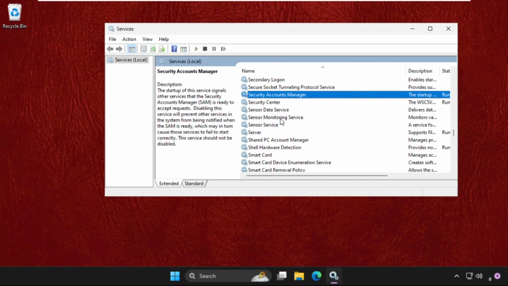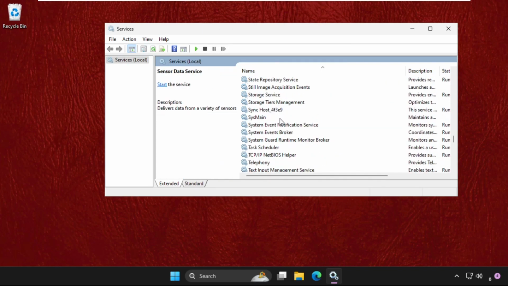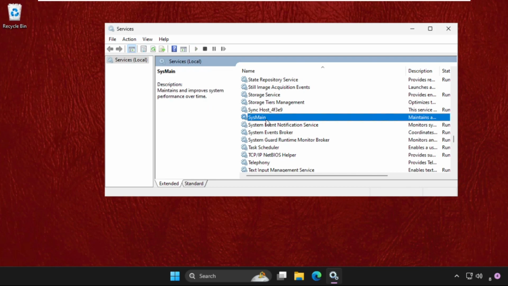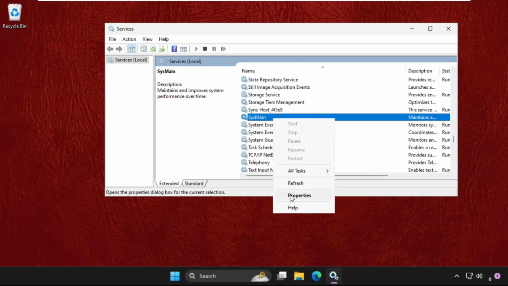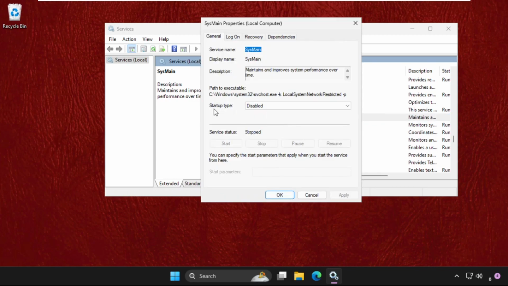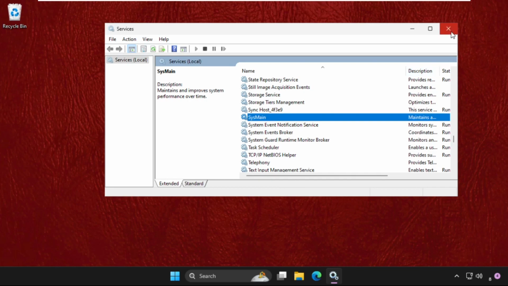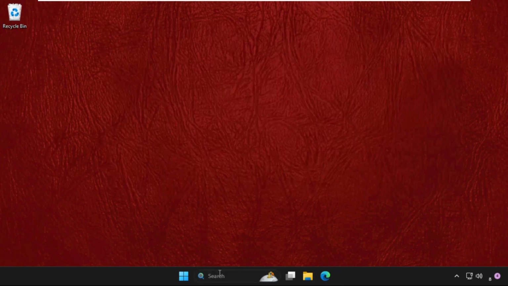Again go for the SysMain. Also you can find out these services as Superfetch and SysMain is same, so right click on it, go to its properties. We need to again set startup type as disabled and click on apply and then OK. Now close this window. Now go to command prompt,